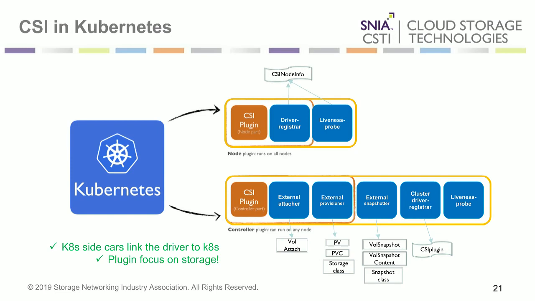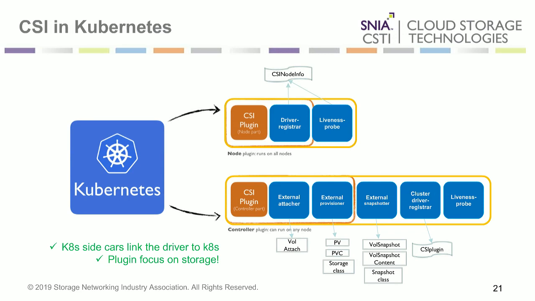Again, same with the snapshots. There's going to be an external snapshotter when that comes around, and it'll listen for these different objects within Kubernetes. And then there's a registrar, so you'll tell Kubernetes, hey, this is my plugin name. When requests come in for this provisioner, you talk to me. And then we have the external attacher. Again, it's listening for the attach request from Kubernetes, and it'll send it to the plugin. And then we have the node plugins, which are responsible for listening for the attaches to occur, and then it'll do the mounting and all these other things here.